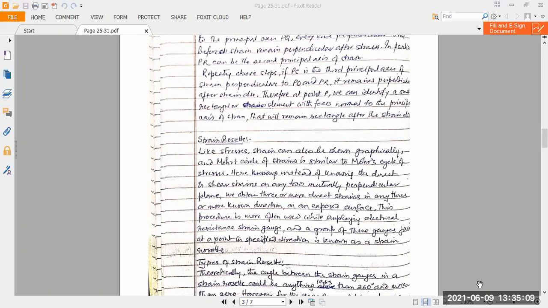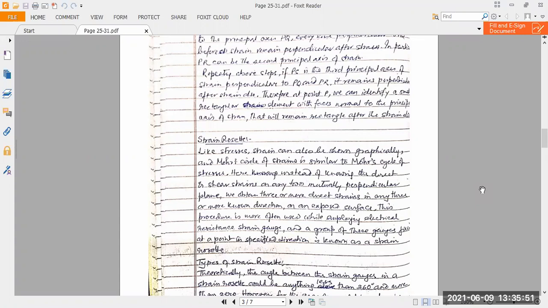Let's start the strain rosette, which we have started already in the last class. Now, like stresses, strains can also be shown graphically and calculated graphically. You know, in our study of strength of material in third semester, we have the analytical calculations of the stress, normal stress and shear